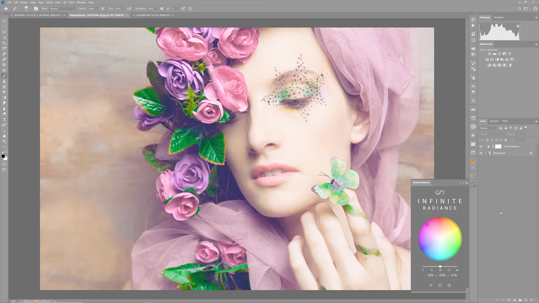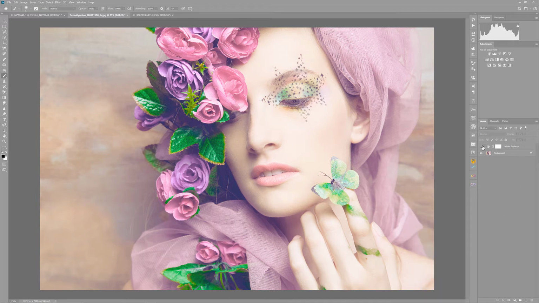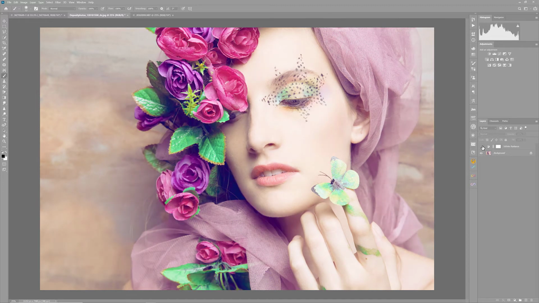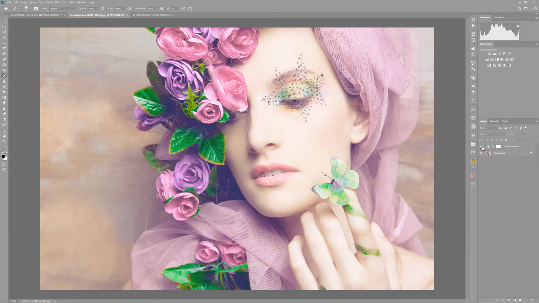We just have to let go. And now, one of the nice things about this, I'm going to close the panel, is here's the before, here's the after. If we didn't like the way it affected something, all we have to do is go onto the mask. It's already there, and just brush it out with black. So if I wanted to keep, say, these skin tones, now all I have to do is start brushing back in the skin tones,